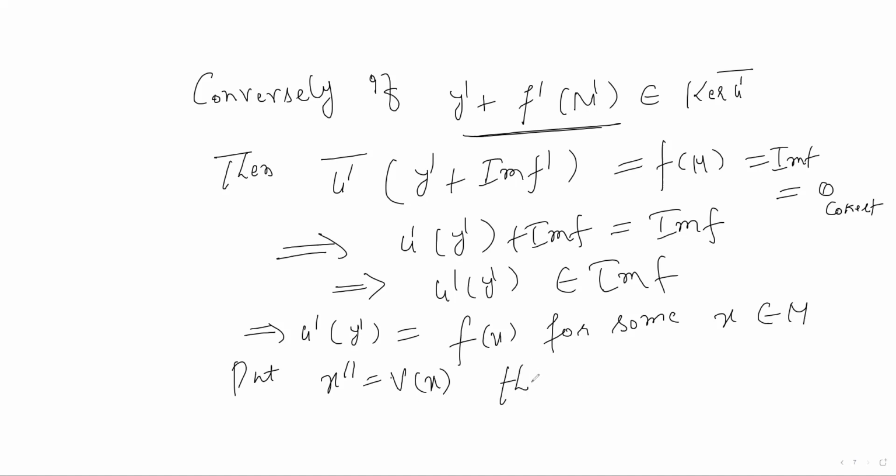Then f double dash of v of x equals, now it is the same as f dash of, sorry, it is the same as v dash of f of x. Okay, so now it is the same as what? F of x की वैल्यू है u dash